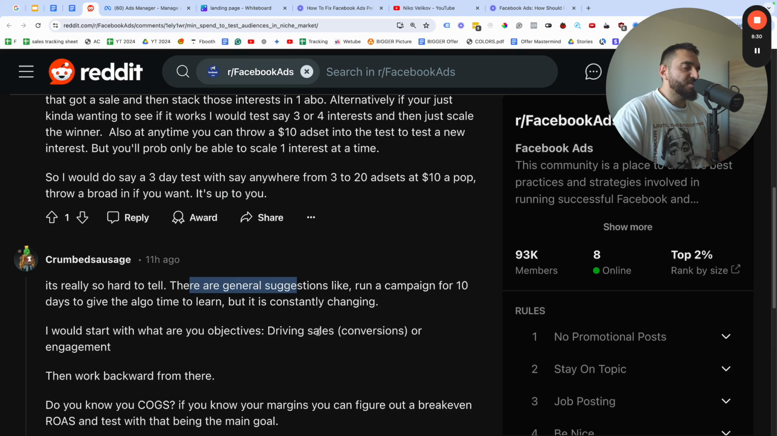There are general suggestions like run a campaign for 10 days to give the algorithm time to learn, but it is constantly changing. I would start with what your objectives are: driving sales, conversions, engagement. So